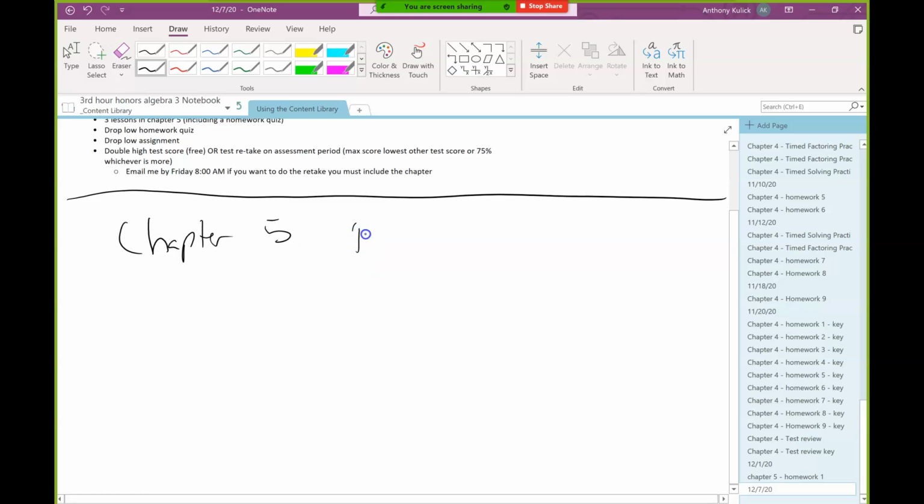And chapter 5 is all about polynomials, and we've already kind of started talking about polynomials when we started off in the previous chapter about quadratics, which is just like a more specific type of polynomial. So the topics we're going to talk about here to finish the year out is adding and subtracting, which we've already kind of talked about,